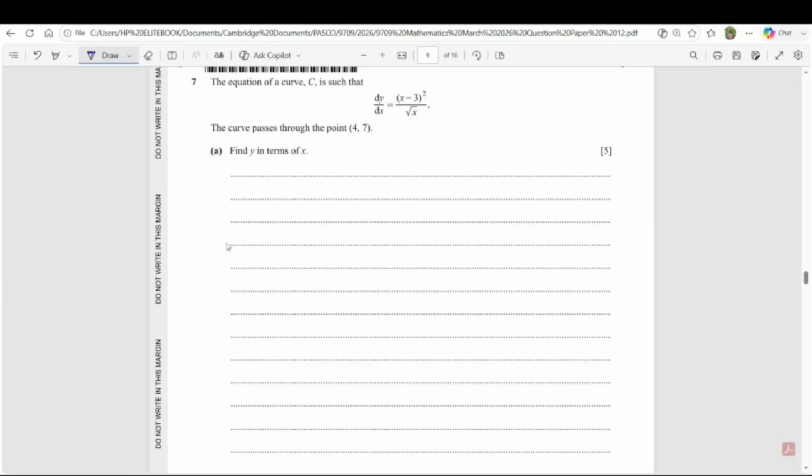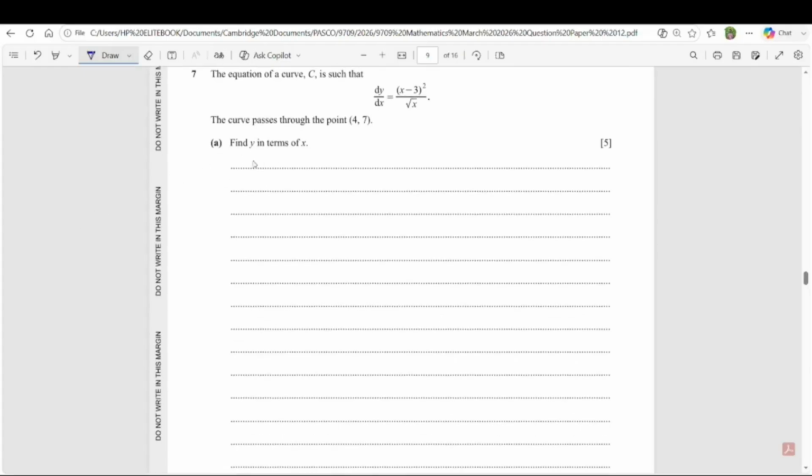Right, so question number 7. The equation of a curve C is such that dy/dx is equal to this, and the curve passes through the point (4, 7). Find y in terms of x. So the curve has been differentiated, so we need to find the integral of that curve. We're going to simplify the entire differential to make it look simpler. We're going to start with dy/dx